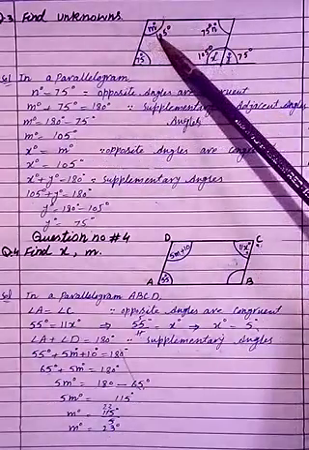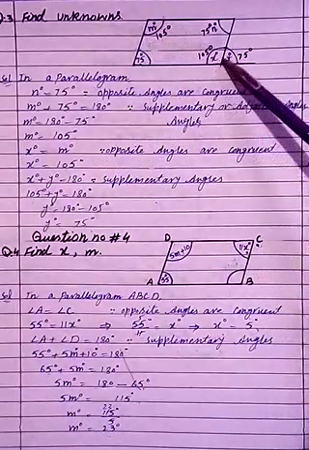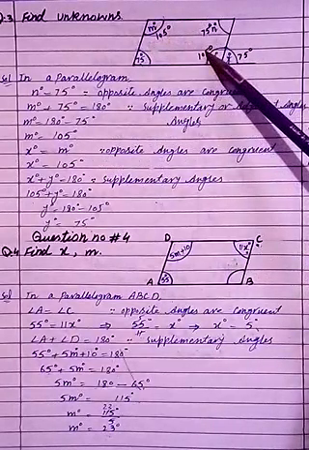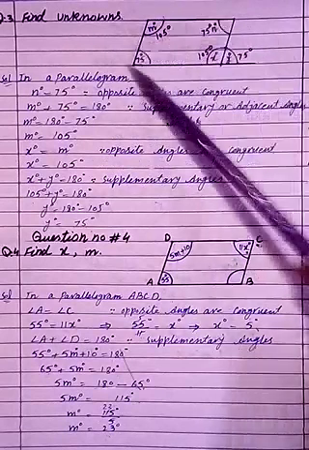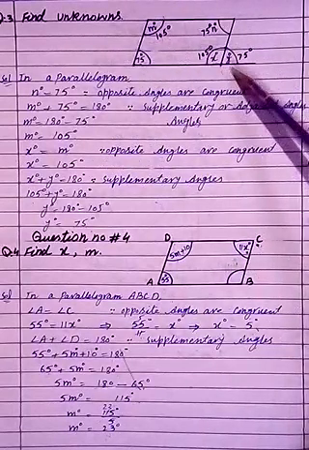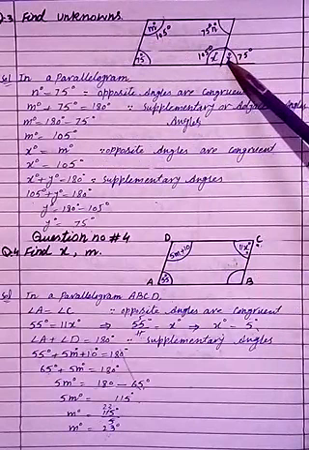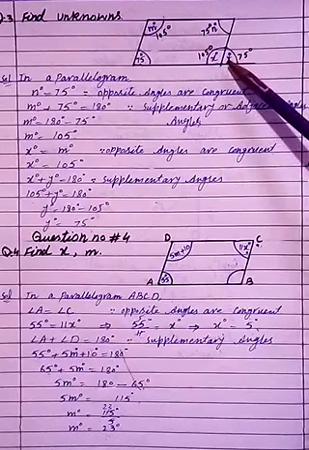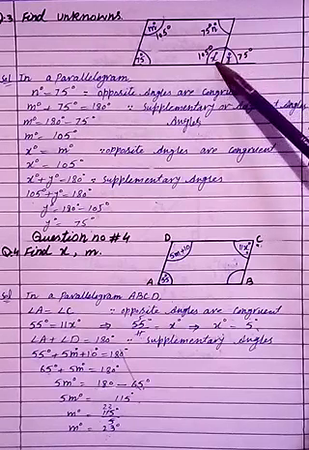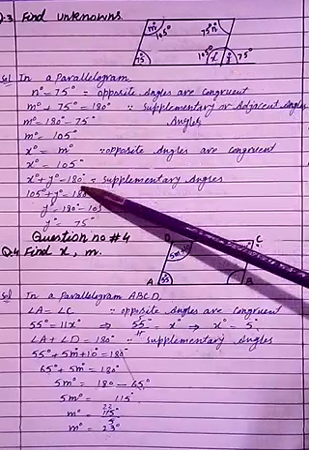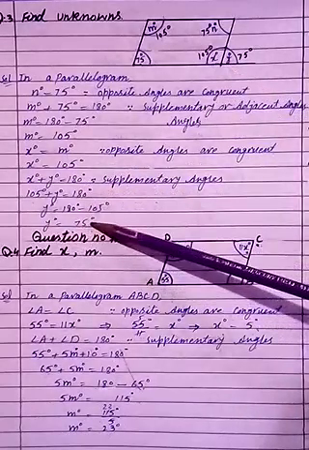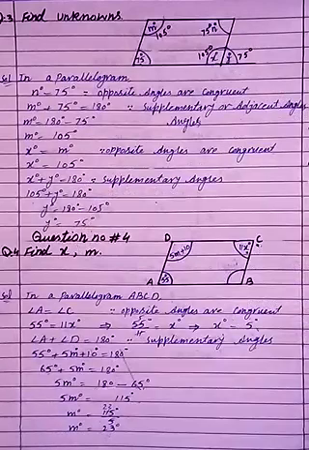So you have to find m. Now m, its opposite angle is x. So m equals 105 degree, so x must be equal to 105 degree. Now, of all the angles you have to find, just y is left. So y, its neighbor angle is x, so you can use here the adjacent or supplementary or neighbor angle property. Now x degree plus y degree equals 180 degree. Reason is this. Now after simplification you get y equals 75 degree.